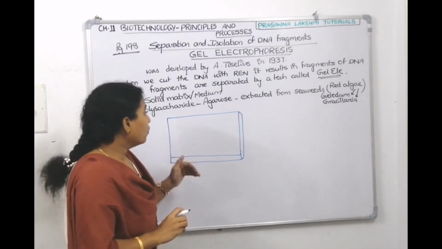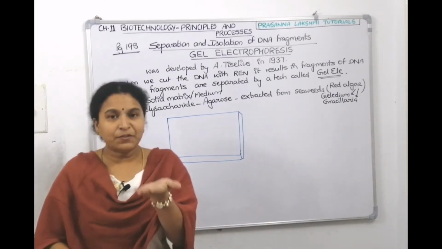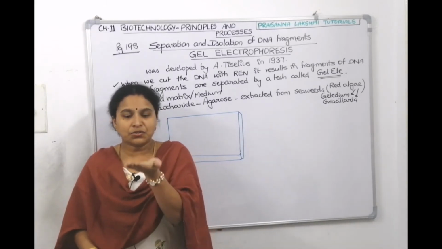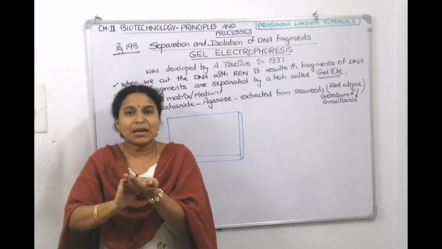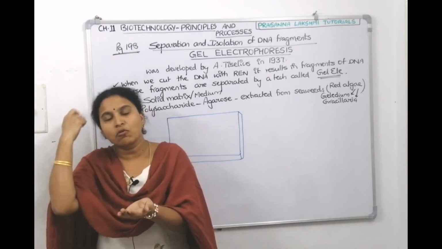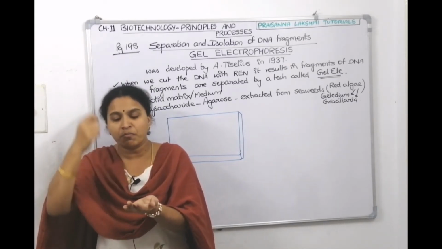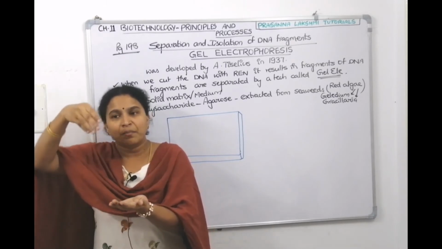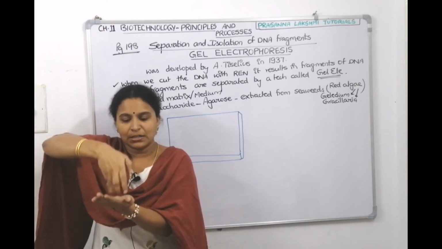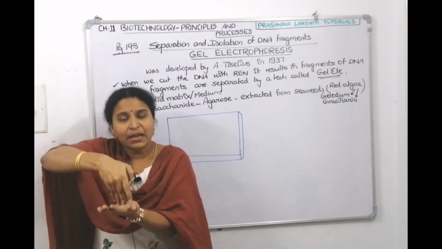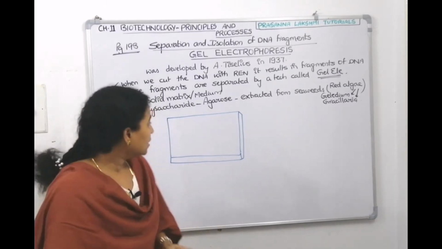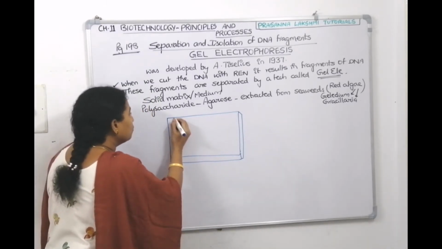Now, before cooling, what you need to do, for example, if this is a tray, when we pour the gel, at some places we don't want the gel to be there. So I'll bring a comb. We have teeth on the comb. In the same manner, bring the comb, my fingers are like a comb. I'll insert the fingers here. Where my fingers are, wells will be created. Gel will not be there.